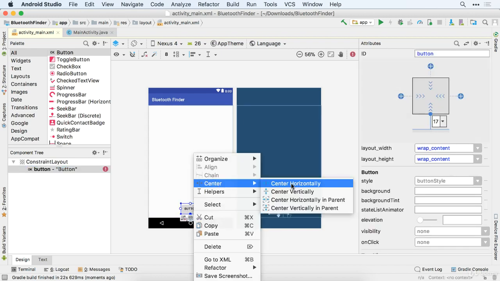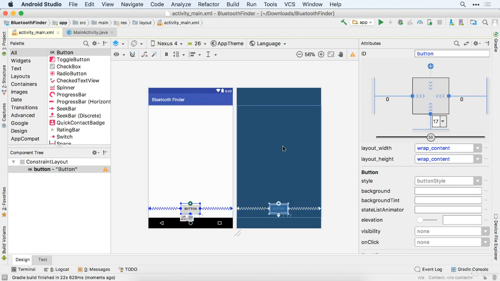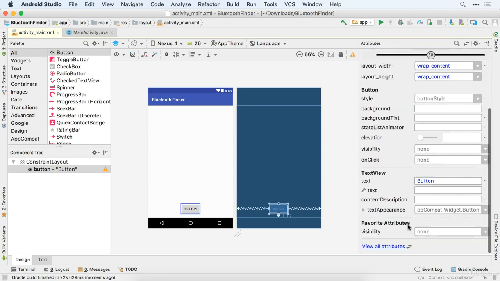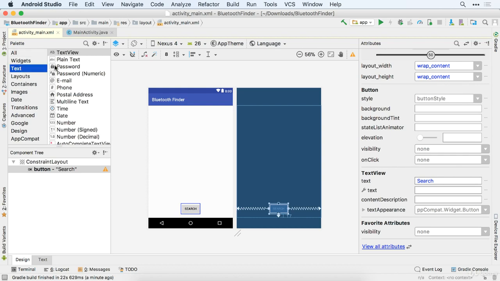Let's go ahead and center this. And we want this to be a button so that if someone wants to, they can go search for some Bluetooth devices. So we're going to change the text of this to say search. All right. Now with this, we want to have a text view right above that